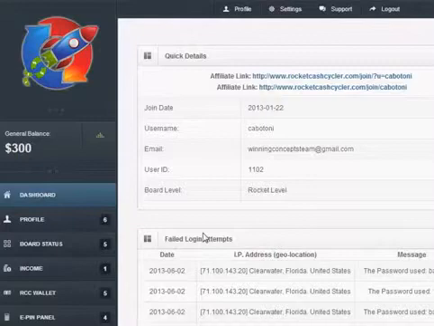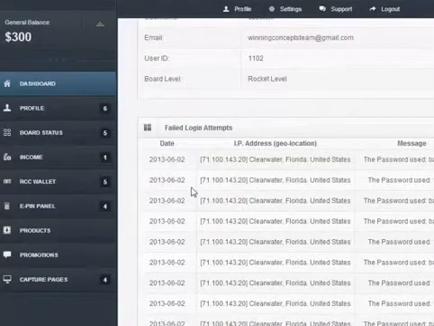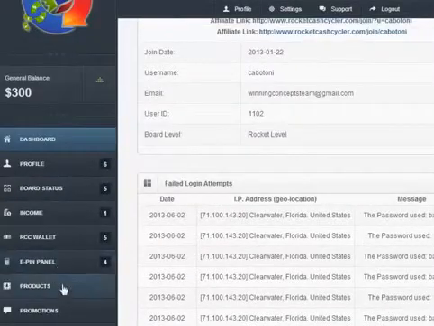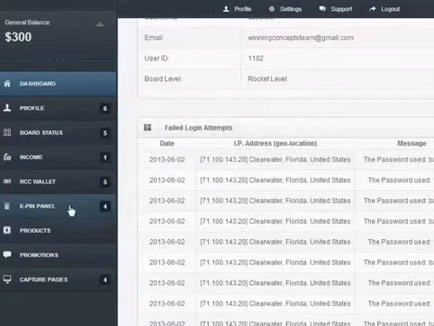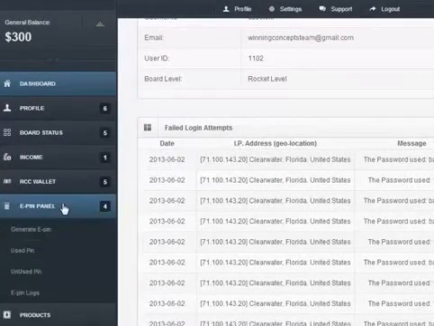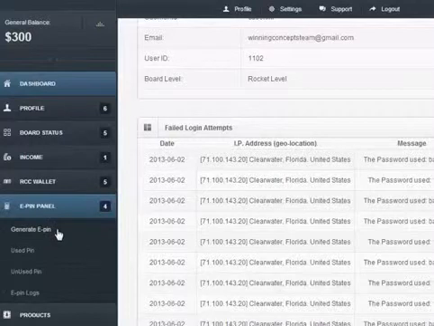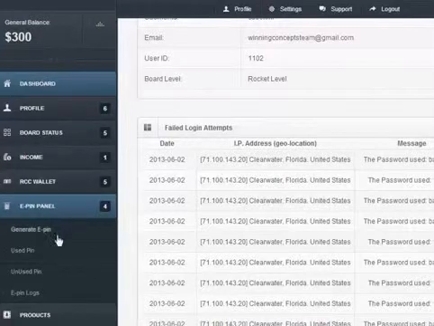Okay, so I've now come over to the dashboard, and as you can see there's a list of menus down here, and if you go to the ePIN panel and click on that, there's a drop down menu. There's generate ePIN. Now you can do that by this $300 here. If you wanted to buy another ePIN, you could do that. There's a list of used ePINs here. If you click that tab, there's an unused ePIN, and then there's ePIN logs. So we've got an unused ePIN, so we'll click that button,